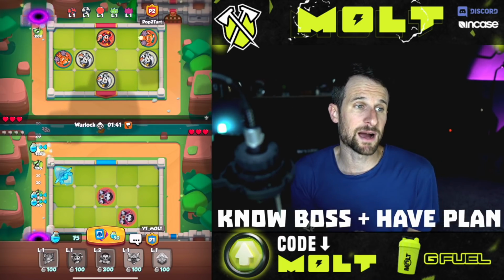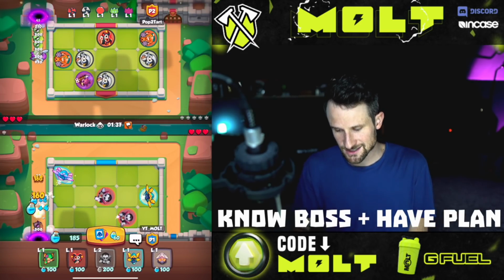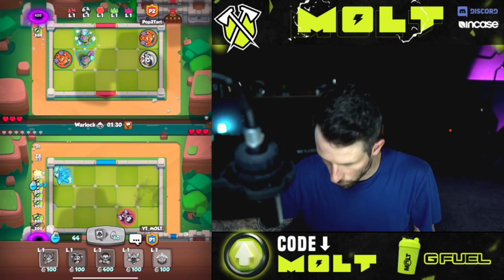So one of my other tips, know the bosses and have a plan for them, okay? Warlock. What Warlock does is no matter what, it will destroy one of your units. Doesn't matter if it's level 4 or...